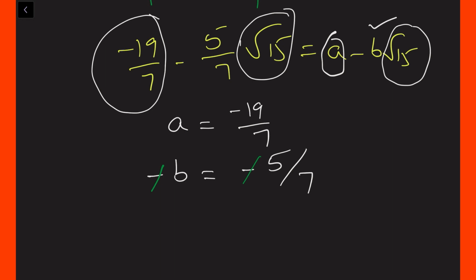Now let us check the last question of this exercise as well as the last question of this chapter. This question will be there in some of the textbooks and is not there in some of the textbooks. But this is an important question again for the annual exams. 11 plus 2 root 30. He is asking to find the square root of 11 plus 2 root 30.